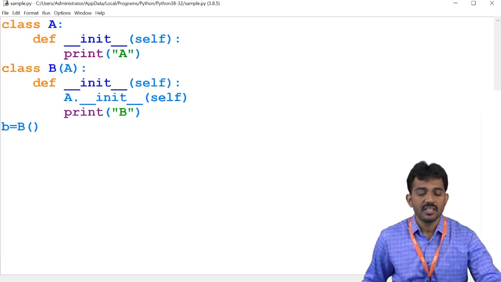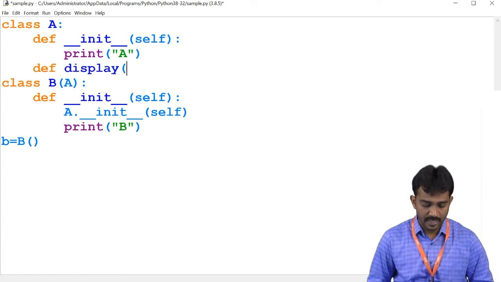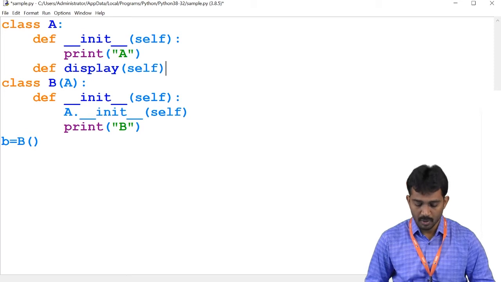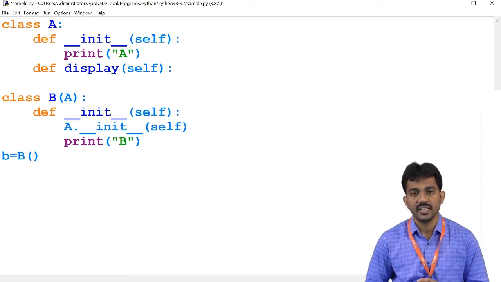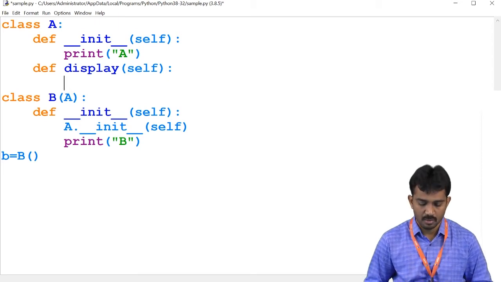And I'm going to write one more function here, the function display. It should have self because it is an instance method, an object method. Print hi.